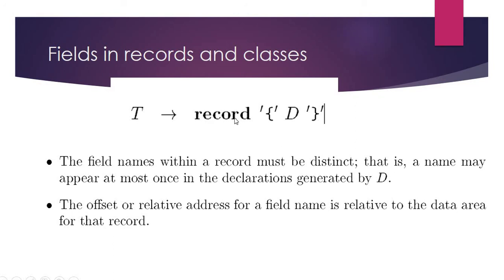For example, struct student, within that student structure if you want to create details, int roll number, then character name of 25, like that we will be declaring. So whenever we see the structure, a new environment will be created. In the stack, the previous environment status will be stored, and the new environment will be created, and the offset value will be initialized to 0. And for all the fields within the structure, new relative addresses will be calculated.